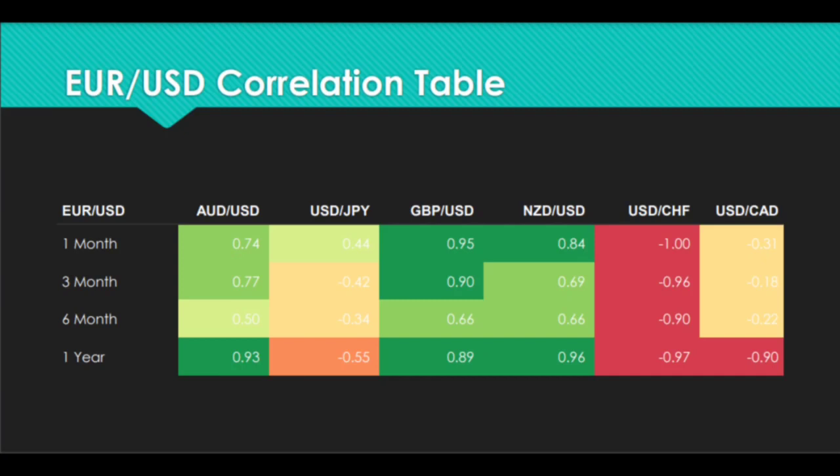pairs. The table shows that over 1 month, the euro against US dollar and the British pound against US dollar had a very strong positive correlation of 0.95. This implies that when the euro against USD rallies, the British pound against USD has also rallied 95% of the time. Over the past 6 months, the correlation was weaker, but in the long run, the two currency pairs still